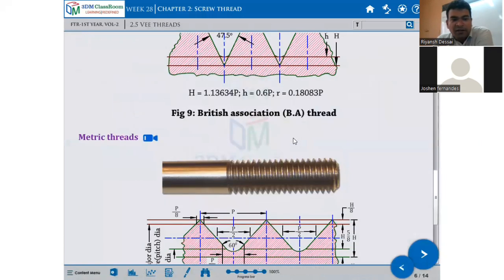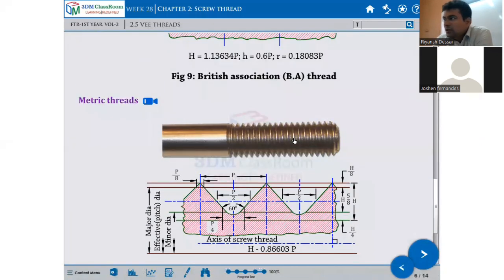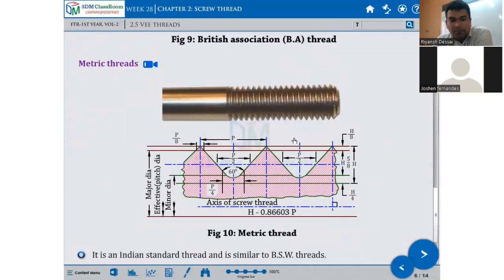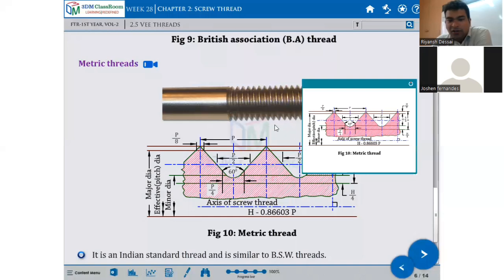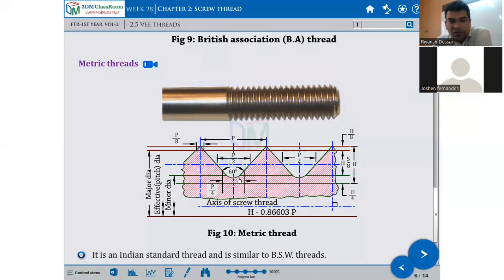BA thread, then metric thread. Now, MM thread starts. The metric thread, I already told you yesterday. The included angle is what? How much degree? 60 degree. Very good. This is pitch. This should be P by 2. This is total depth,